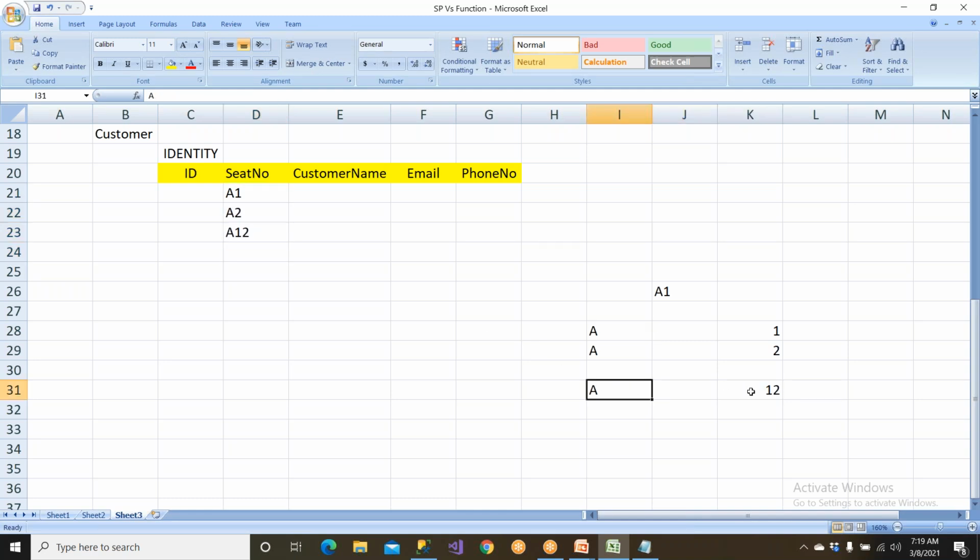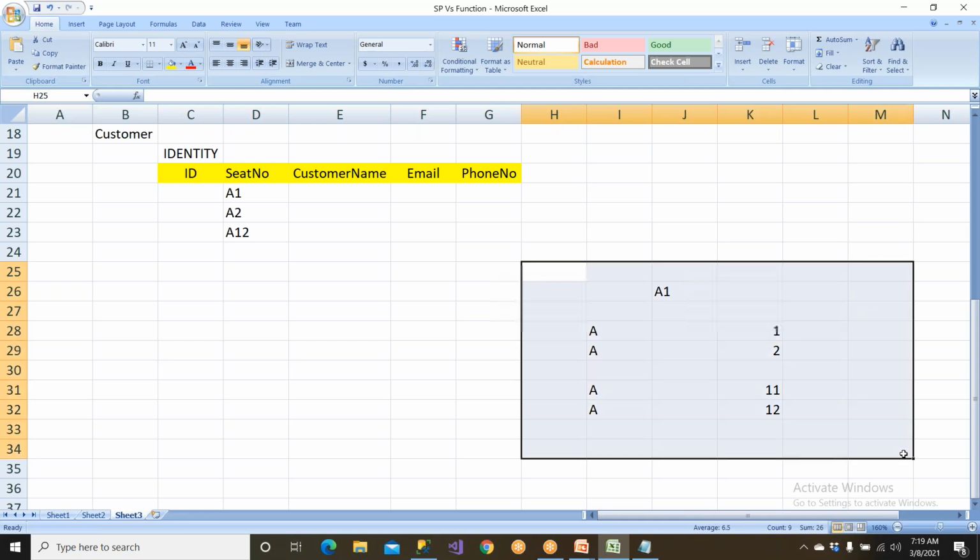So divide A and 12. If it is equal to 12, you simply change it to B1 and send the number. If it is less than 12, you simply increment it by 1 and get the next number. So this is the logic I wanted to write inside a program with the help of if